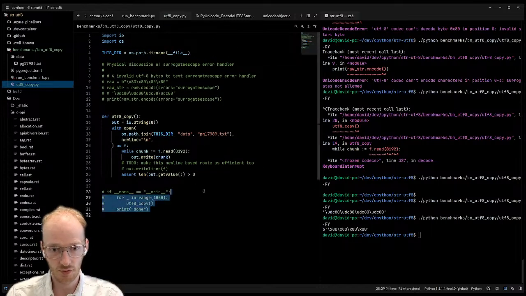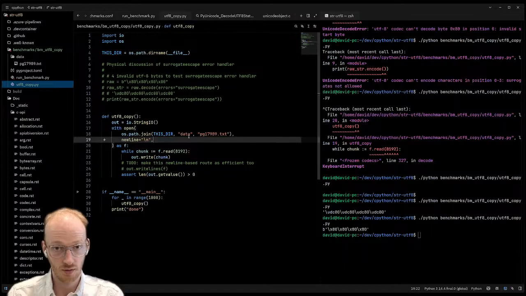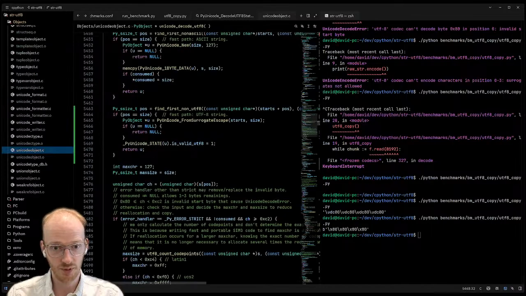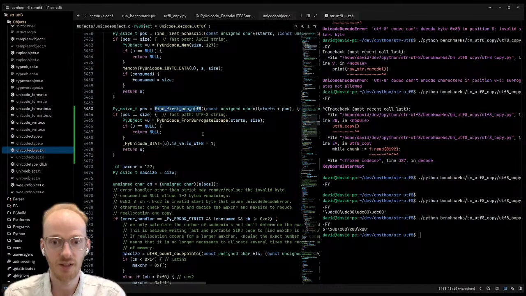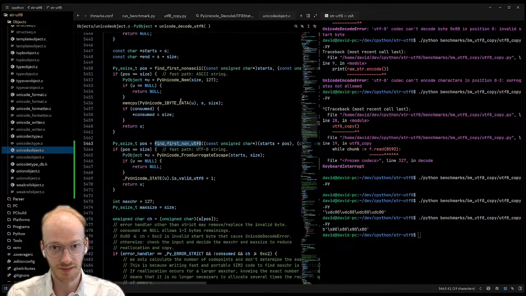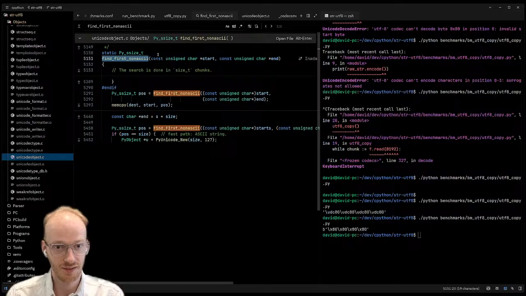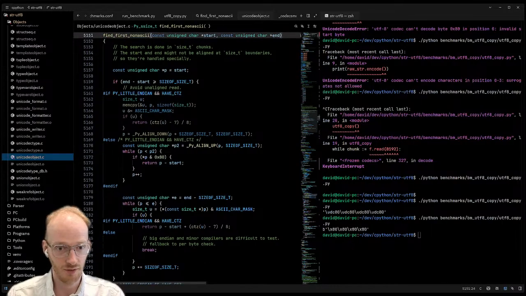Right, so this is now not going to compile because we haven't got our find first non-UTF-8, but we could work on it. So we have this function.